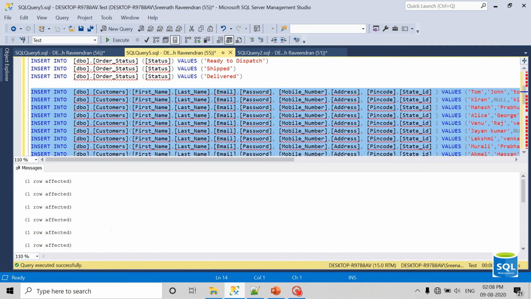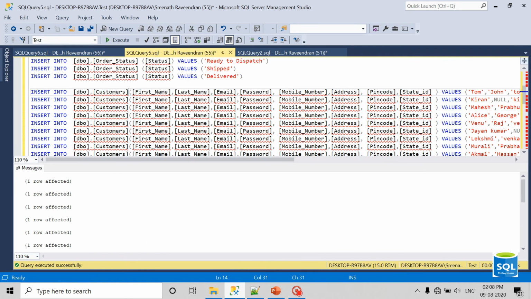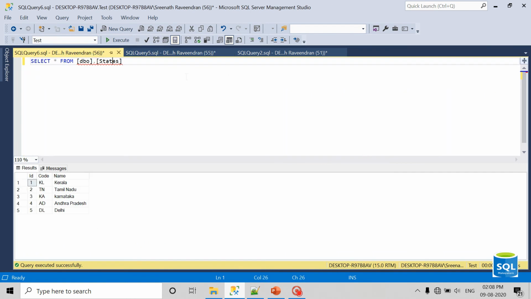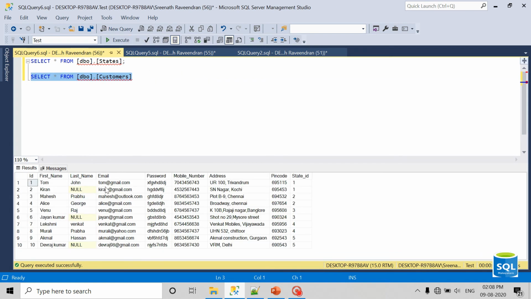Yeah, it's inserted. Let's see its values. Yeah, it got inserted.